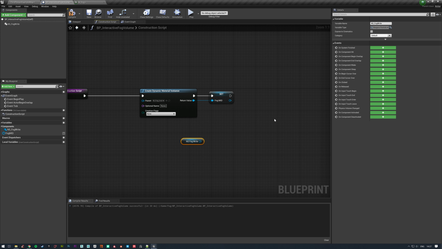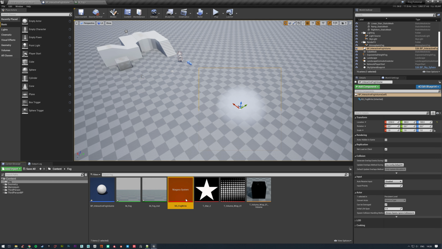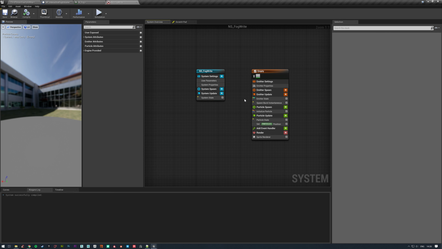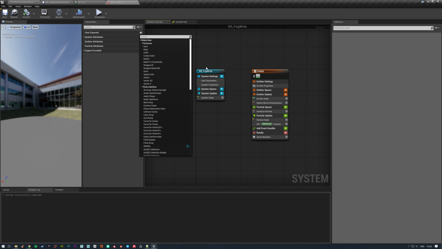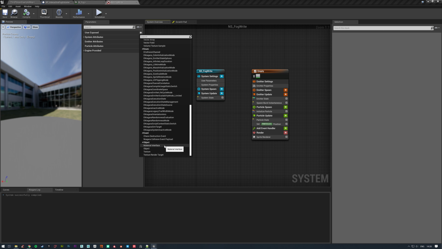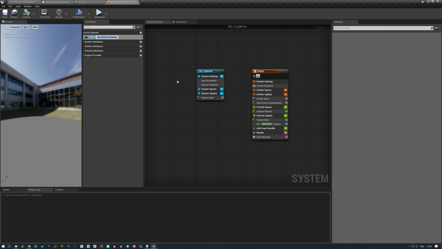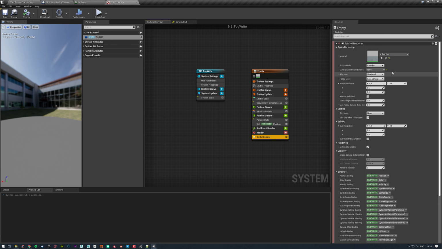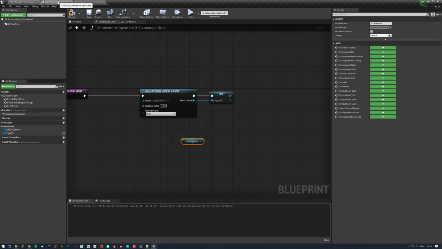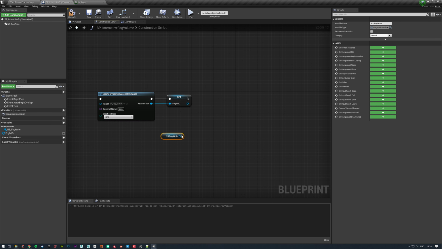So now that we have this, we actually need to apply that material to our particle, because currently our particle is just reading from the instance itself and not from this dynamic material instance. So to do that, what we need to do is open up our Niagara system again, and then under our user exposed parameters, we will add a material interface object parameter, and we'll call this fog mid. And now under our sprite renderer, you'll see that we have a material user parameter binding, and we can now set this to fog mid, compile that, save,